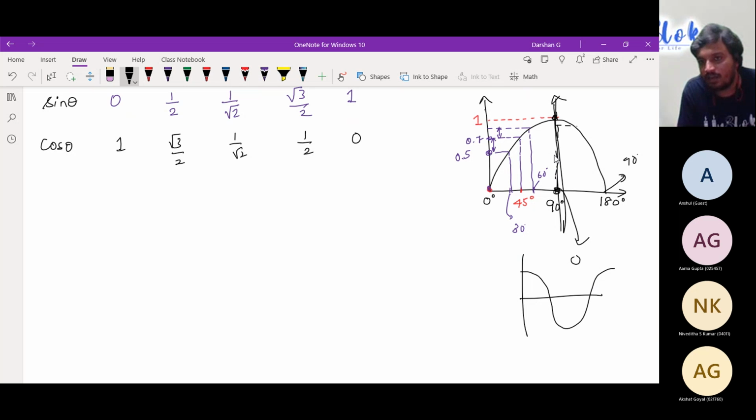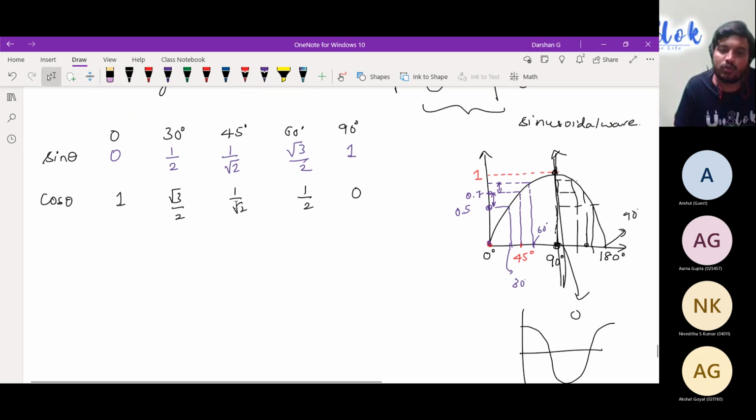And if you see, now everything makes sense. 45 should obviously be the same value as 0.7. So cos 45 is 1 by root 2, which is 0.707, and the other values follow. As simple as that. From here, no need to remember anything. If you know only sine, I can write cos, because I'm just writing it ulta.